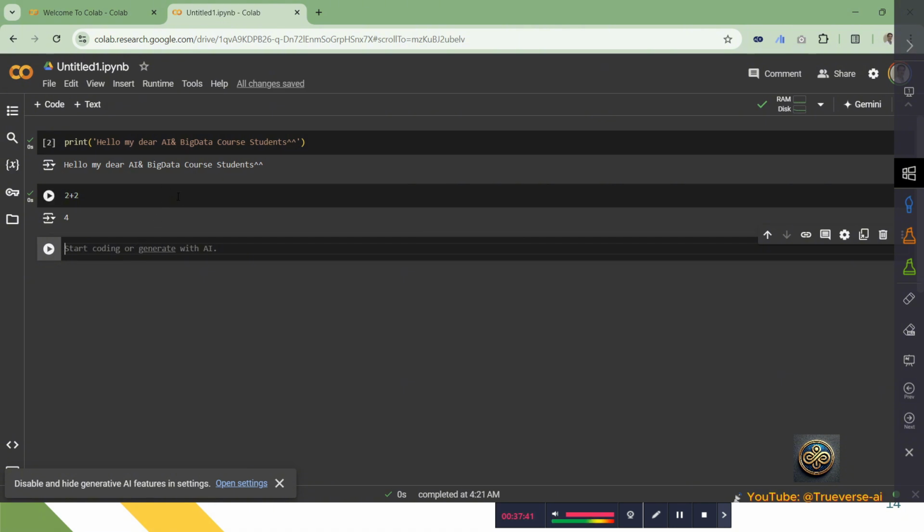Then, our best practice in Google Colab is to use headers and sub-headers in text cells. Why? This helps keep your notebook organized and easy to navigate. You can also use the built-in table of contents feature to quickly jump to different sections of your notebook, if you have such an option. So to do so, for instance, I want to write here,